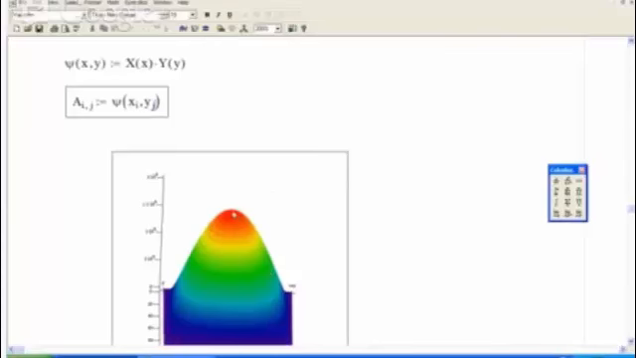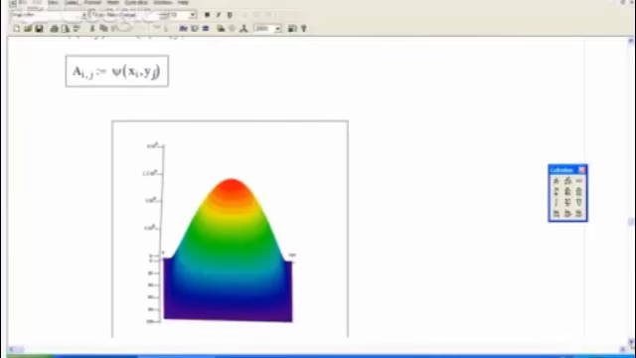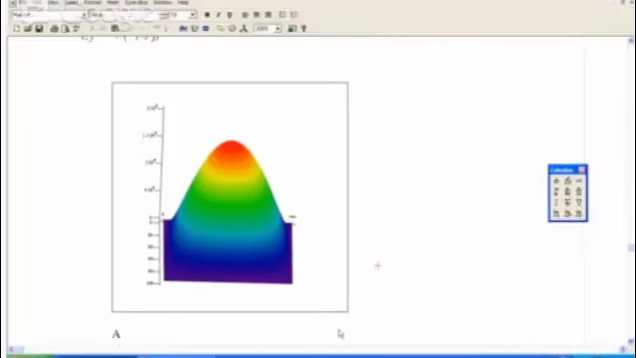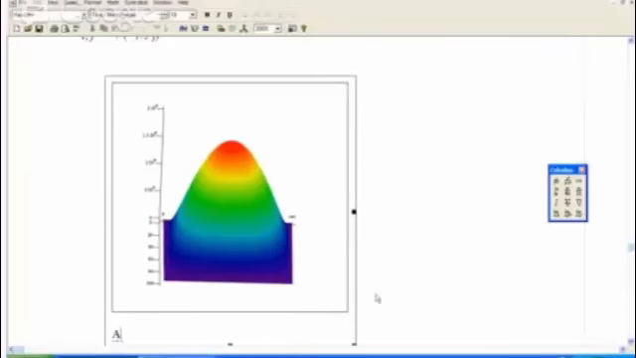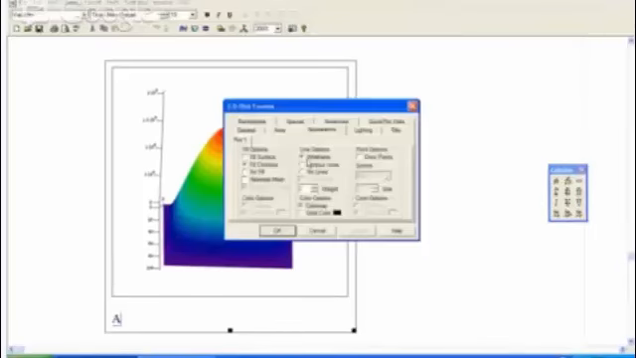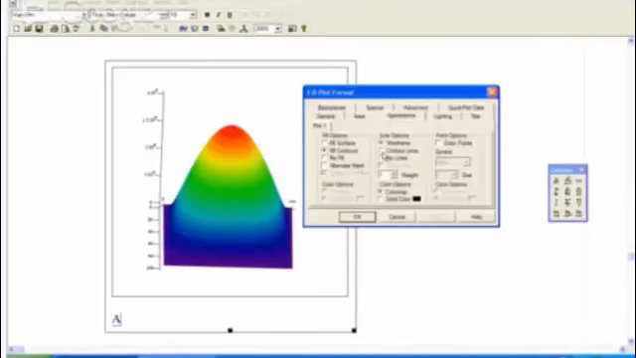Notice this looks like a mountain right here. The red part right here, it's color coded, so the red part corresponds to high values of psi. You can format this chart on MathCAD. You'll notice here's the variable that we're plotting on this chart. We can format this by double clicking, and you can, for example, if you want to show contour lines on your graph, you can